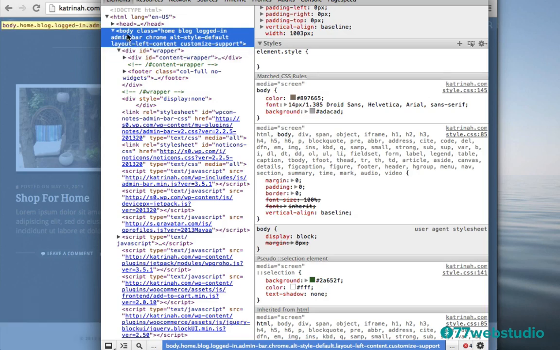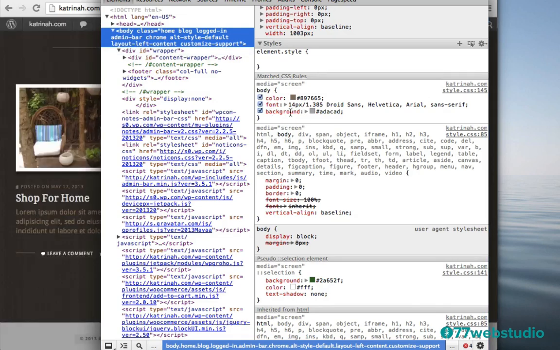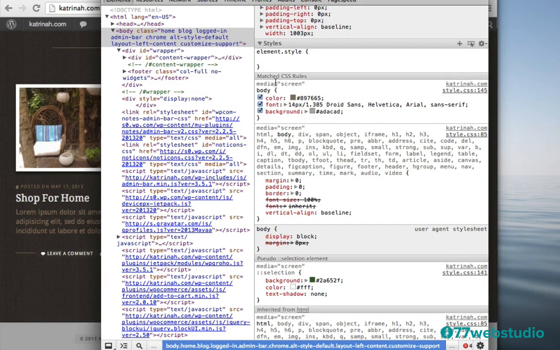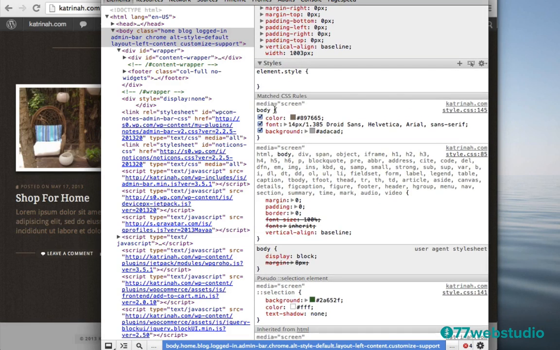So when I click on body, here is this background color that is being displayed in the footer. Now when I uncheck this, you'll see that it turns white from the gray color. So this is the area that I need. I actually need this body, and there's a space, and there's an opening bracket, and I need to put the code, the background code here. I need to change the background code of the body. So let's go ahead and do that in the website right now.